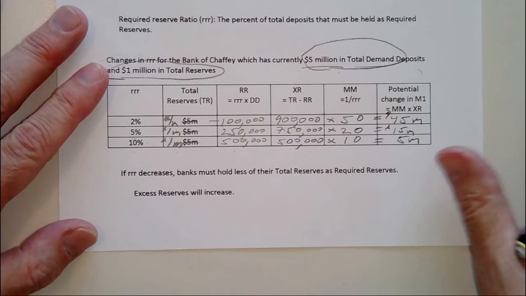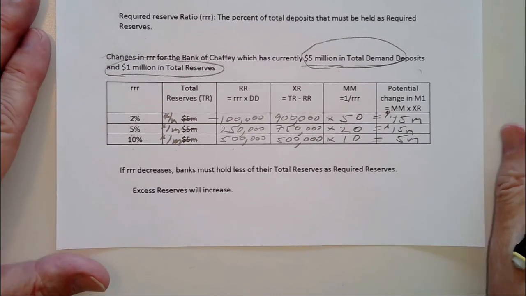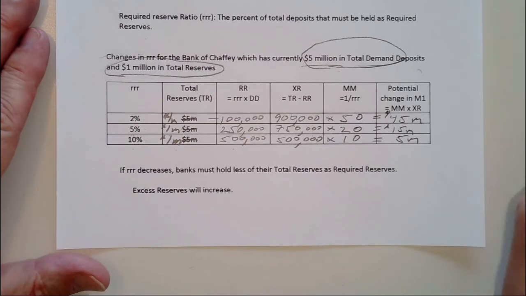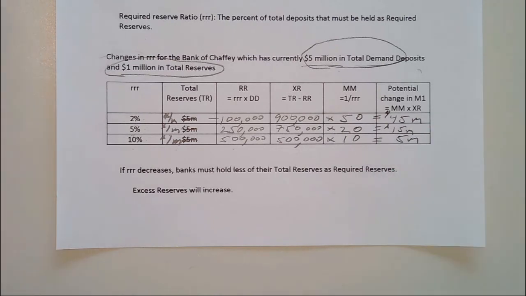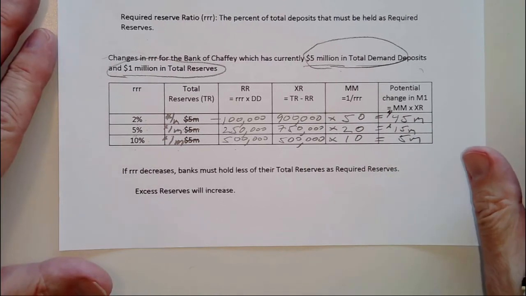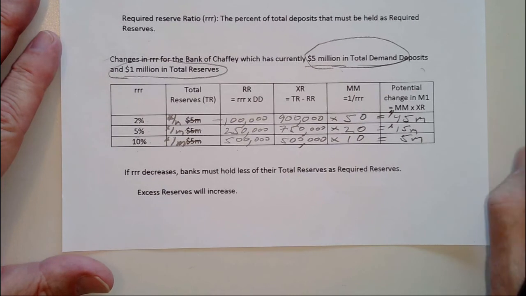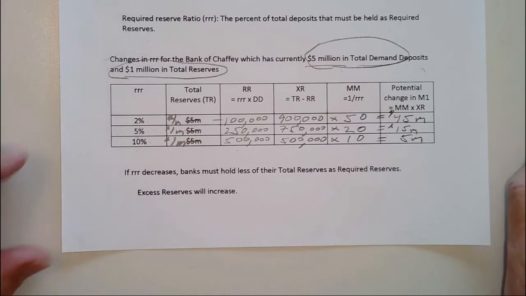What they like about open market operations is it's more of a surgical instrument. They can pinpoint exactly how much excess reserves they want. This is a very blunt instrument, and therefore they, again, can use this if they need to, but normally they don't use it that much. Again, the last time it's been changed was decades ago.